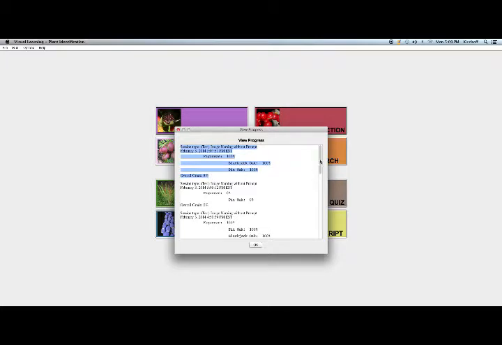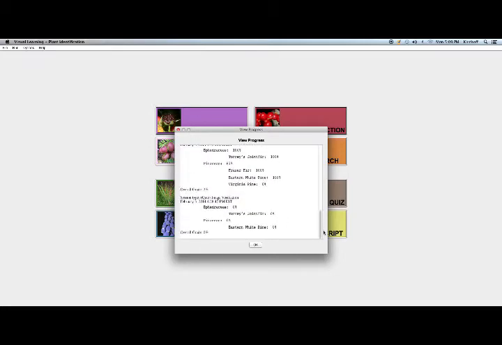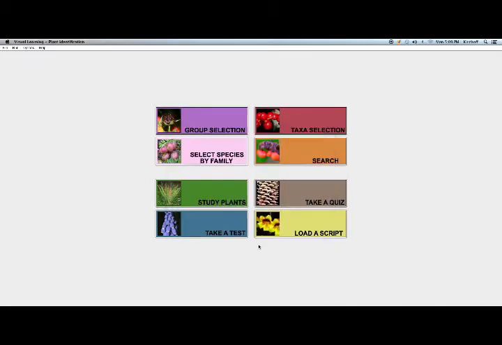And in this View Progress window, you can see the results of all the other tests and quizzes that you've taken. Press OK and return to